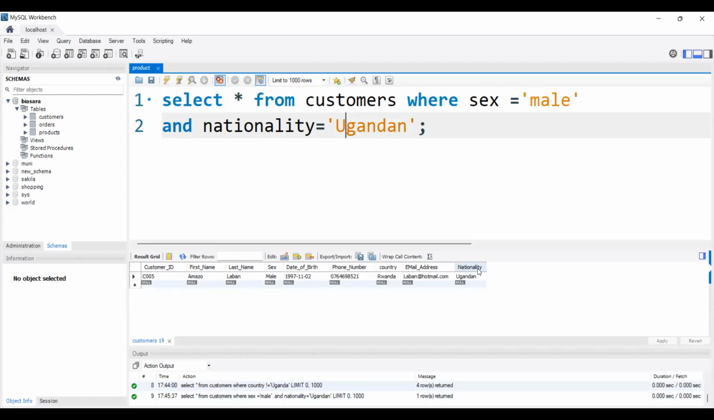Then the other thing is, if you want to use or, it simply means that with the and, both conditions must be true. But with the or, it simply means that either condition must be true, which means the sex can either be male or female as long as they are Ugandan. It will display that record. Then when we decide to use the or, you will see that it will display for us